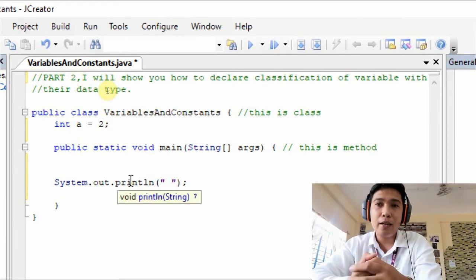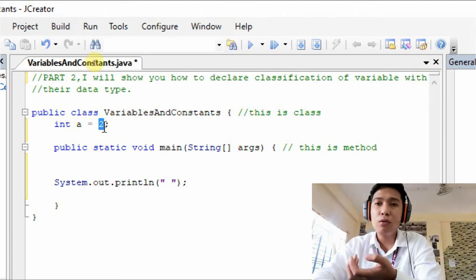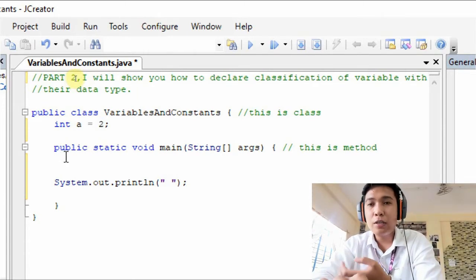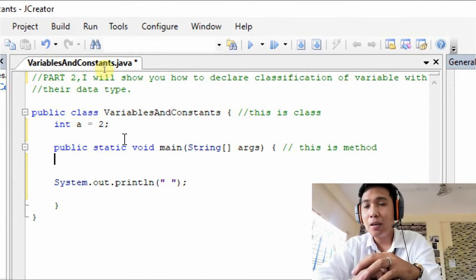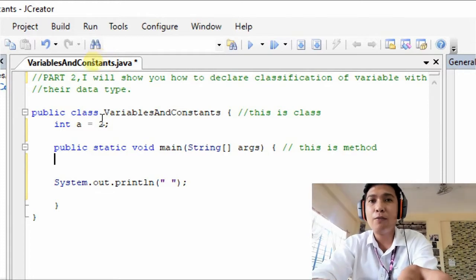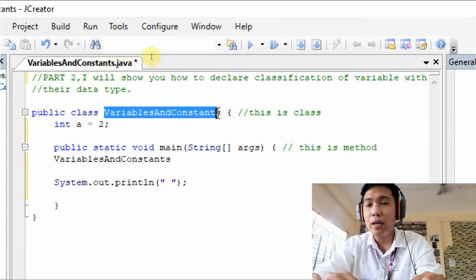So again, to declare a variable, first we have to declare the type of the variable, plus the variable name, and we have the value. Now, how do we initialize the value of our variable? As per discussion, a non-static variable is a variable of an object. Meaning, we need to create an instance object of a class. Example, from our class, we have variable and constant. That is our class, which is this one. Now, we need to create our object